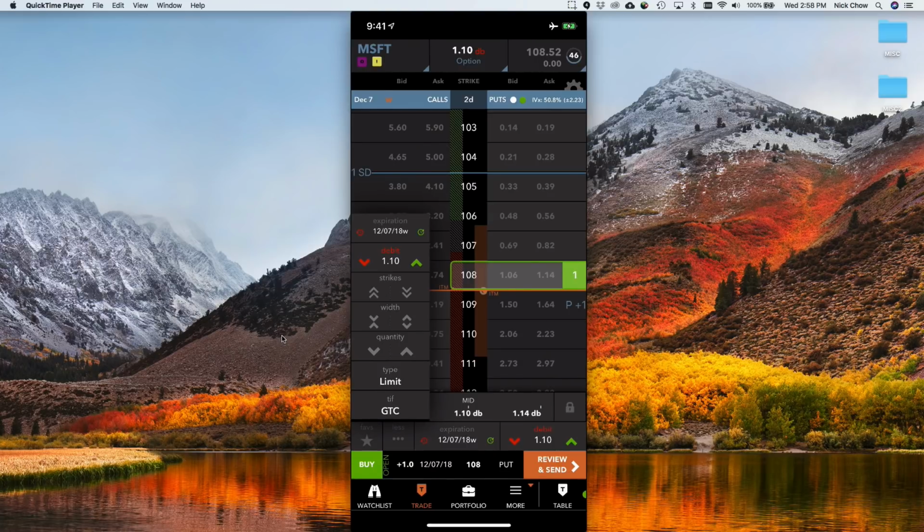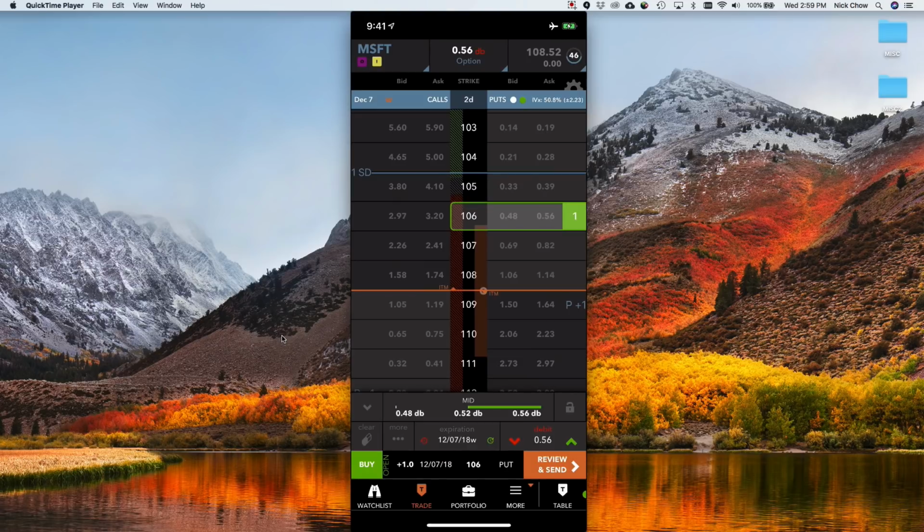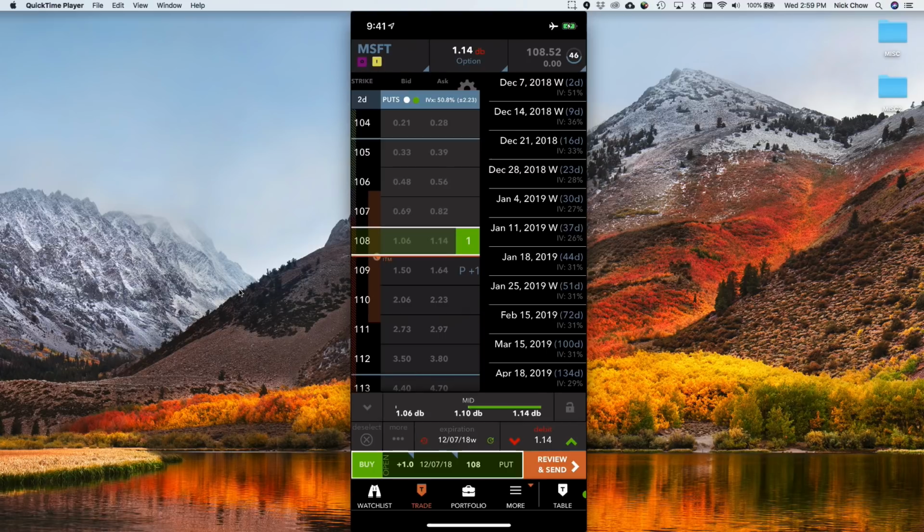The width only matters if you have a vertical on, or an iron condor or something like that. Don't select that if you're just buying a single option. And then strikes, you can move up or down strikes from here as well. I find that it's way easier just to move it with my finger. Just move it up or down like that. Just move it around. Way easier. And then if you want to get rid of this, you can obviously hit clear down here in the bottom left, or you could